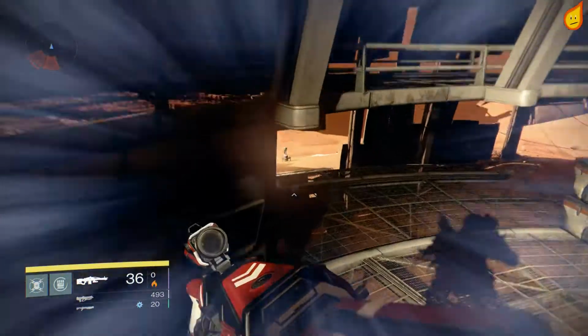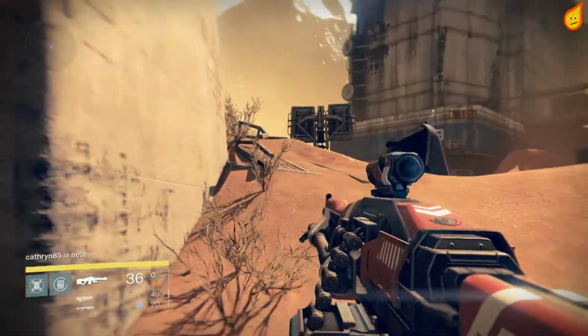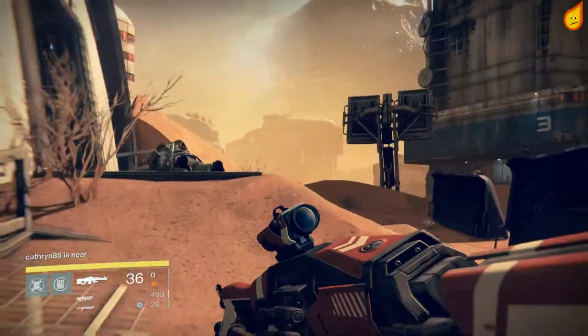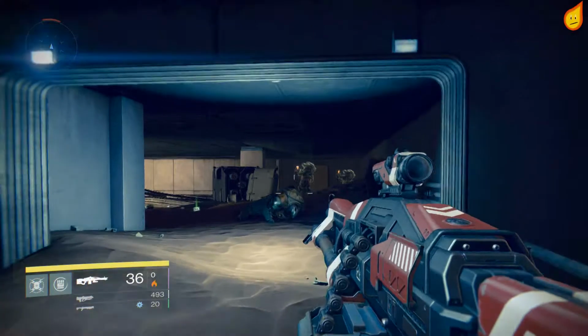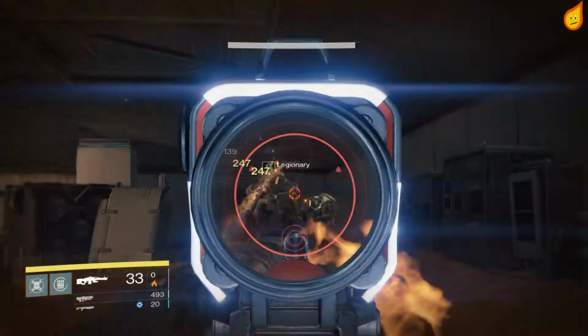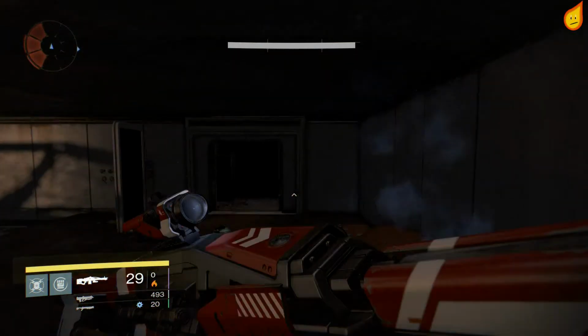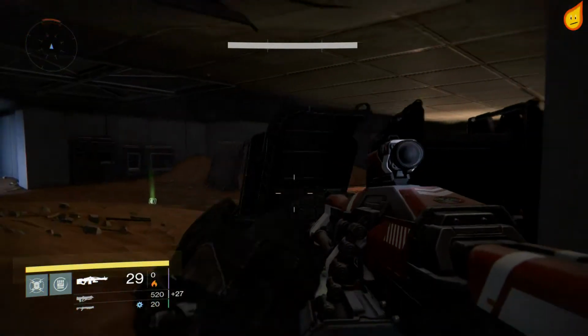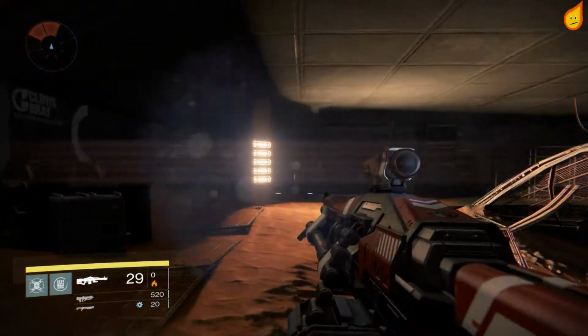which brings me on to PvE. I guess raiding and strikes with bosses and stuff like that. Because they're always at some sort of range, I wouldn't really recommend using this either. For example, Atheon and the Templar, they're always at range. You don't really want to be right next to these guys, and you don't want to be wasting time even missing your target